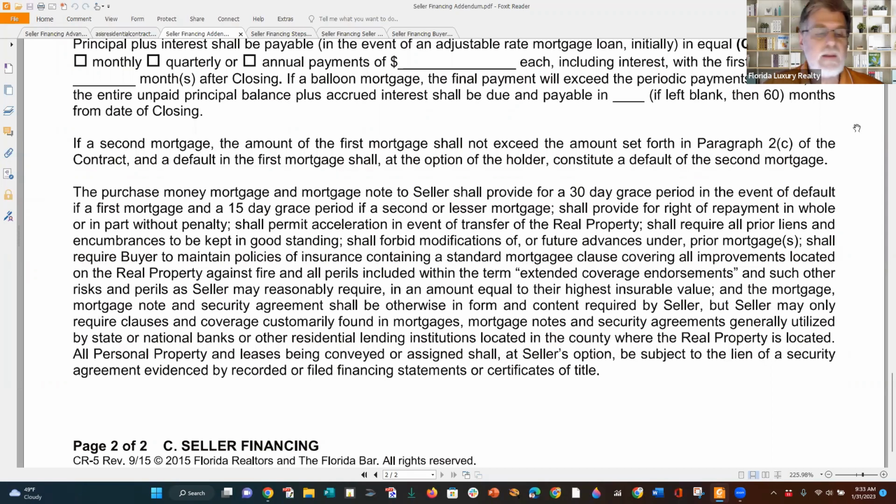Shall require all prior liens and encumbrances to be kept in good standing. Shall forbid modifications of or future advances under prior mortgages. Shall require buyer to maintain policies of insurance containing standard mortgage clause covering all improvements located on the real property against fire and perils included within the terms of extended coverage endorsements, and such other risks and perils as seller may reasonably require in an amount equal to the highest insurable value. And the mortgage note and security agreement shall be otherwise in form and content required by seller, but seller may only require clauses and coverage customarily found in mortgages, mortgage notes and security agreements generally utilized by state or national banks and other residential lending